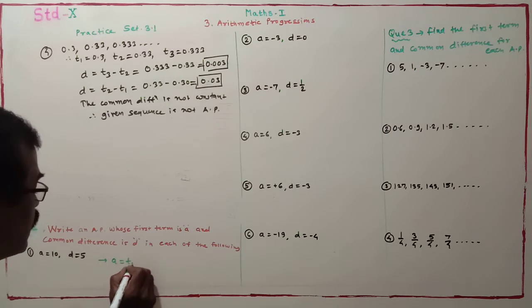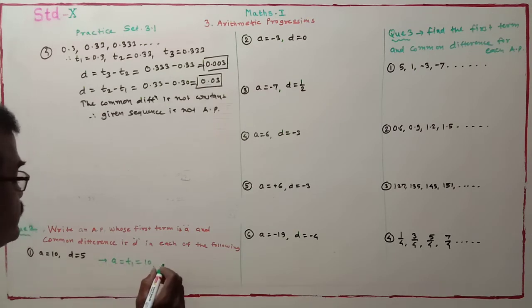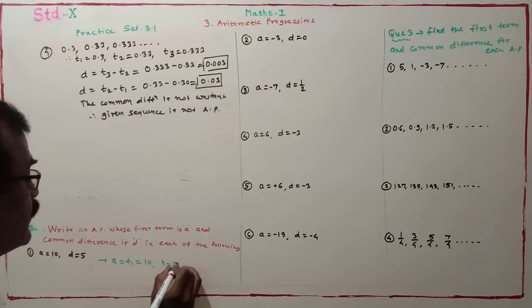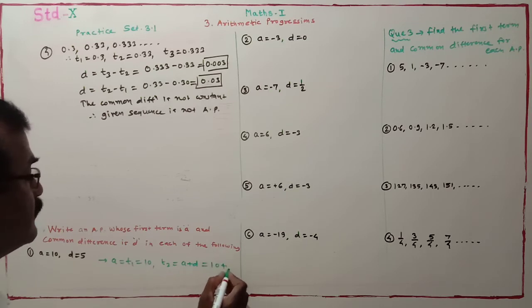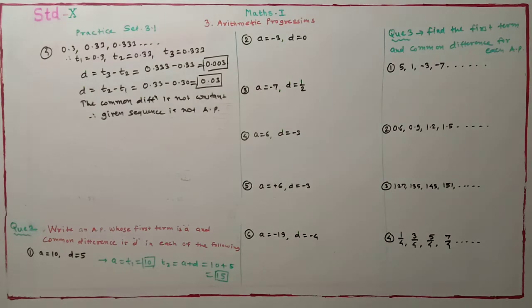A is equal to T1 is equal to 10. T2 is equal to A plus D. A is 10 plus D is 5, which is 15. T3 is equal to A plus 2D. Means A is given 10 plus 2 into D is 5. Means 10 plus 10 is 20. Therefore,